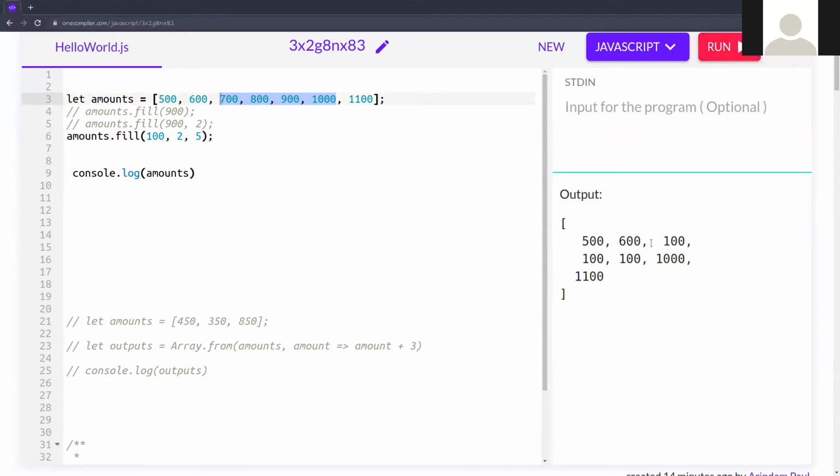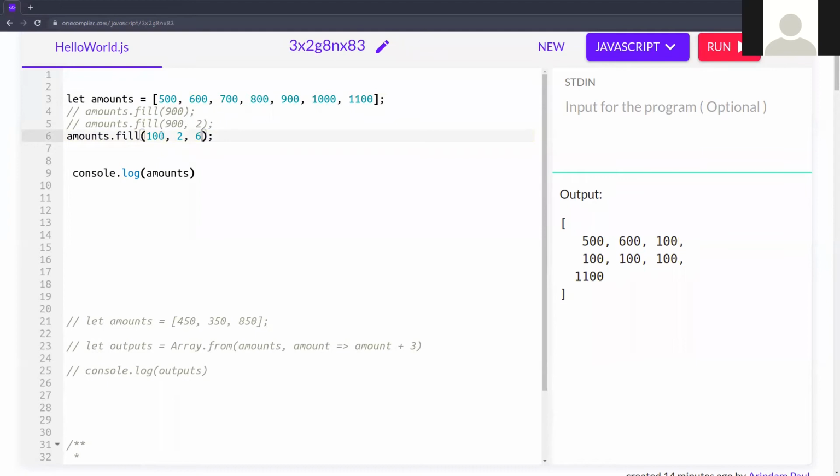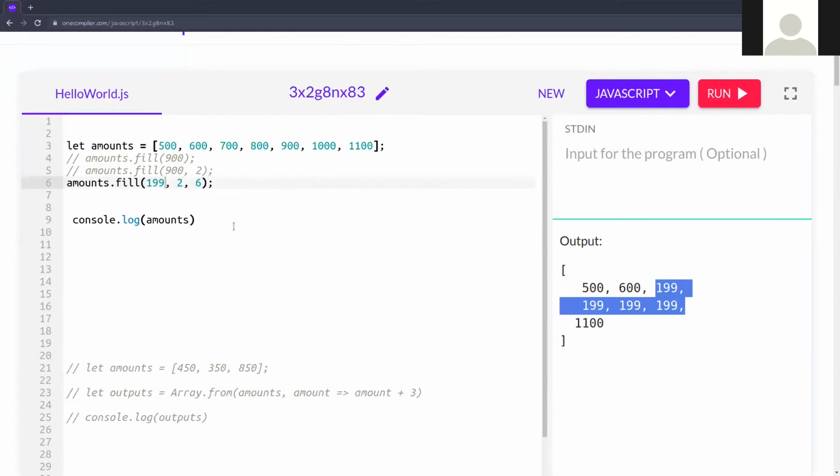You can see, this means 5 minus 1 actually. So that means 0, 1, 2, 3, 4, 5. 5 minus 1 means up to this. Means these 3 values will actually be replaced. If you want, you can replace them by 6. I'm doing it here. Now you can understand these 4 values. So this is the array fill.